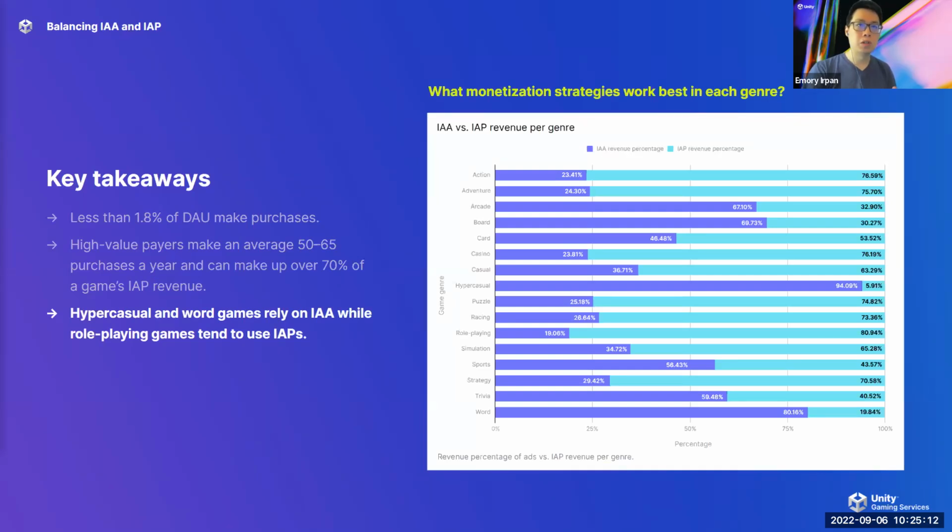So this chart shows the total advertising revenue when compared to the total in-app purchase revenue per genre. In the previous chart, we saw that hyper-casual and word games have extremely low payer percentages, and that is reinforced here when you see that these games actually derive most of their revenues from in-app advertising. Conversely, when you take a look at the traditionally mid-core and hardcore genres like role-playing games or strategy games, much more of the revenues are derived from in-app purchases. The data here shows that all genres of games should really seek to have a balanced mix of revenue streams that includes both in-app purchases and advertising.